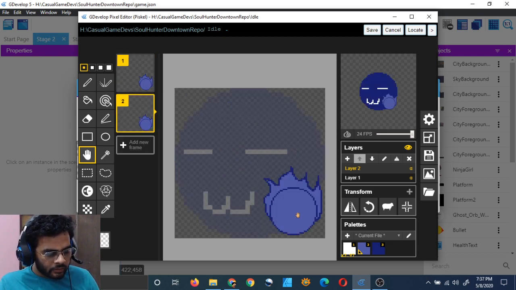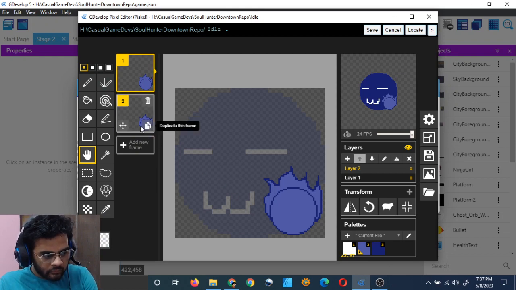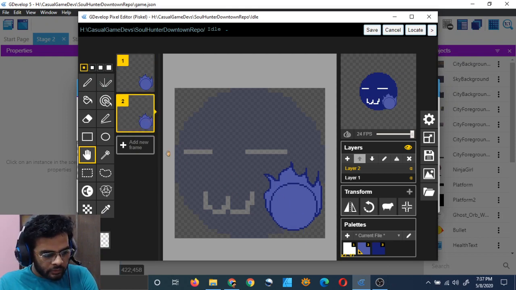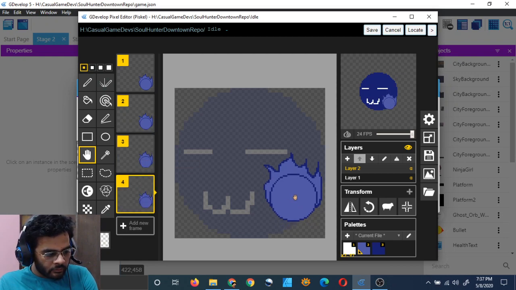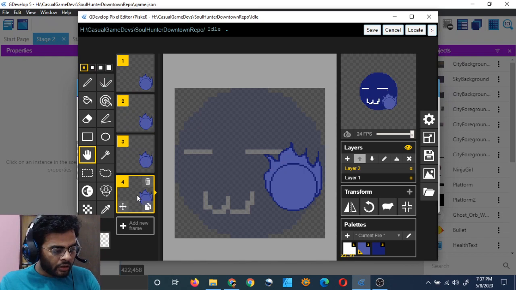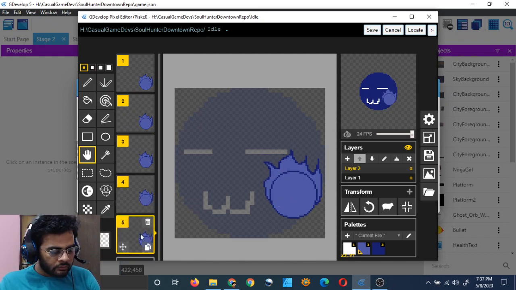For the second frame, just click on it, move it just a little bit, and then duplicate it and move it just a little bit up, and then duplicate and move it just here. That's good. 4 frames of movement, and then I have to move down. Duplicate it and move it just a little downward.